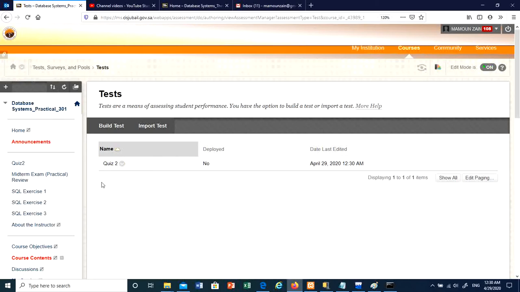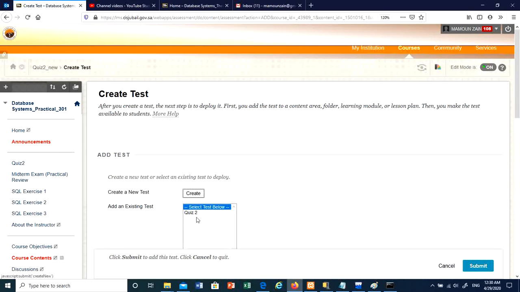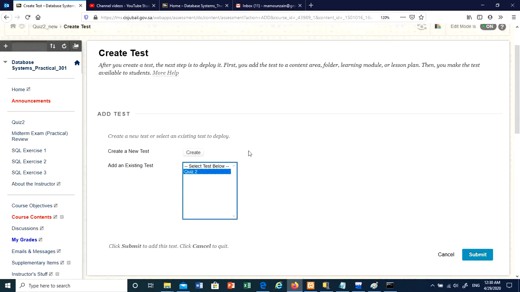So it is now imported here in this section, but it is not deployed yet. To deploy it, you go to the quiz that you created, and then go to assessment, click test. Then you will see this one here. You don't have to create a new one. Usually if you would like to create a new one, you click create, but you would like to actually use the one that you just imported. So select it from the list, click submit,